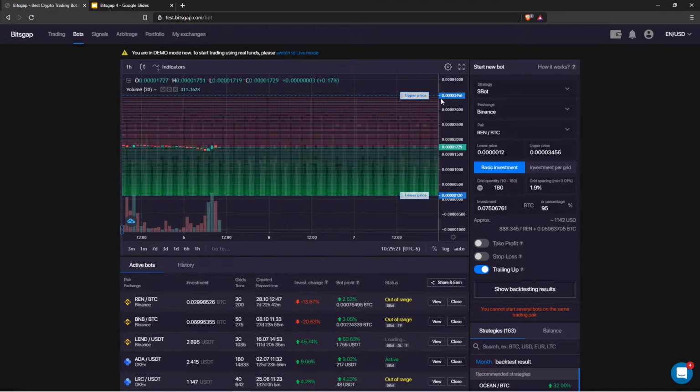With the HODL strategy, it ensures that with each level, it spends the same amount of your investment. All right, and let me show you the example of my HODL